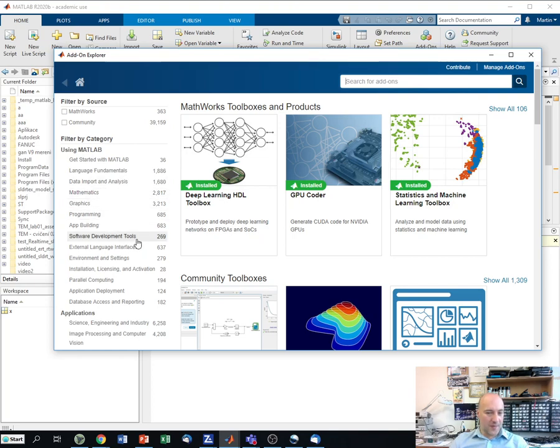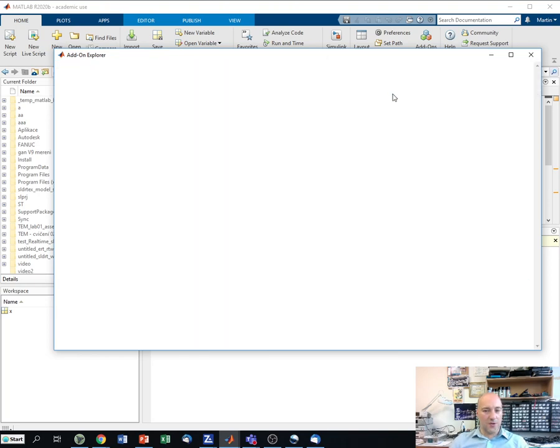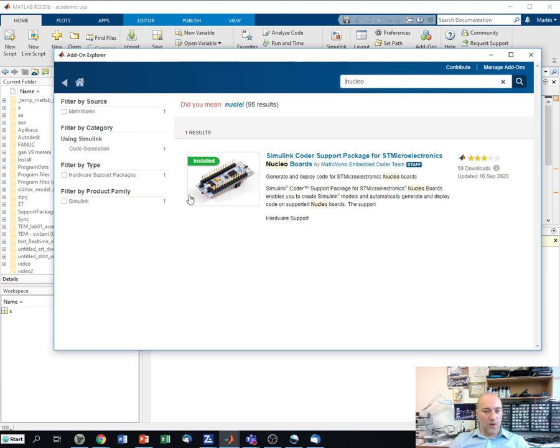So we will be searching for the Nucleo boards, which you can see here. If I search for the Nucleo boards, it will allow me to install this package. You can see that I already have it installed,